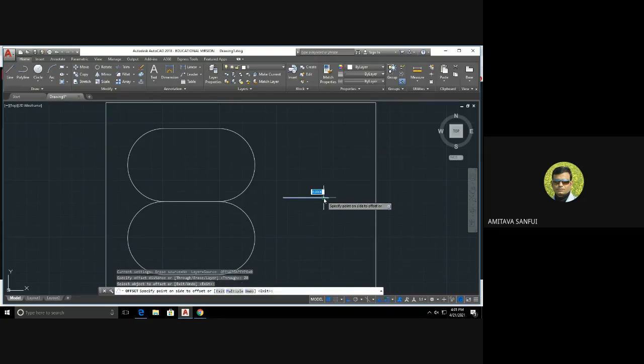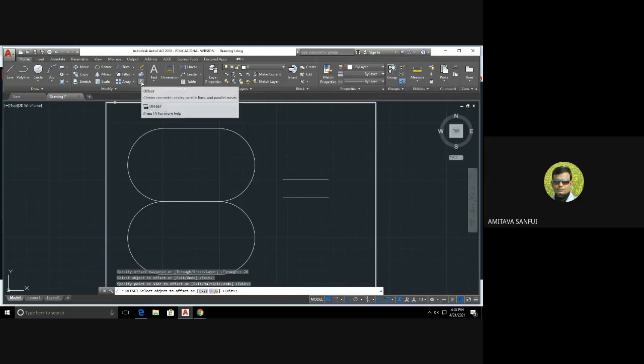Okay. Now in the direction about which the line has to be copied, let us say the line is to be copied at the above. So I have to move the cursor to the above, then press enter. Okay, so then the copy will be generated. So a parallel line will be drawn, and the distance between those will be 20.